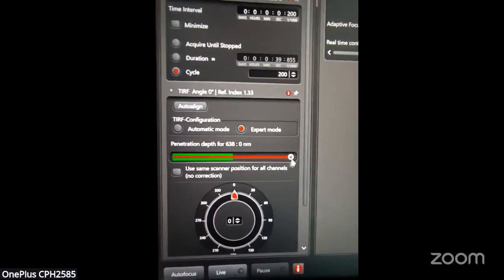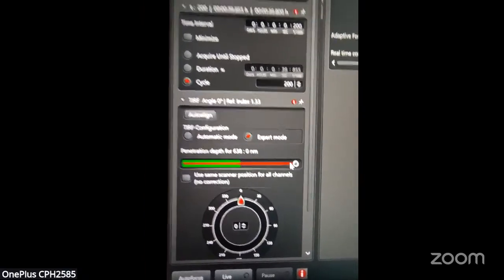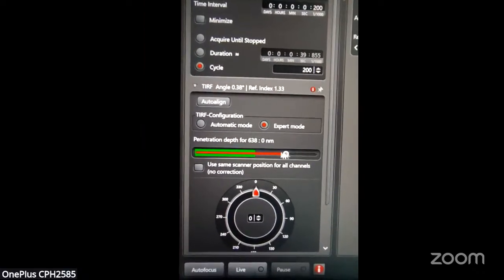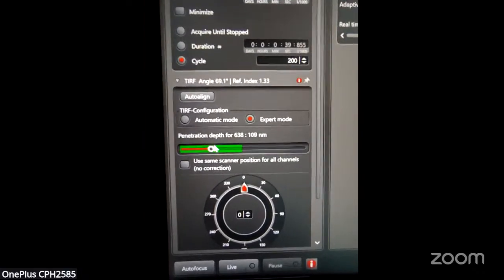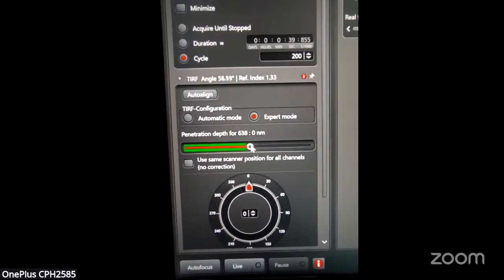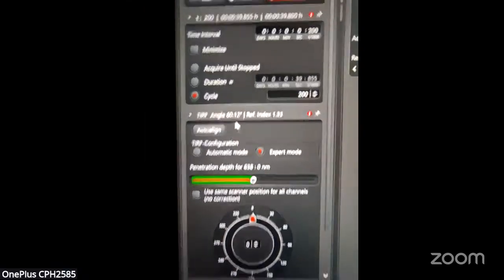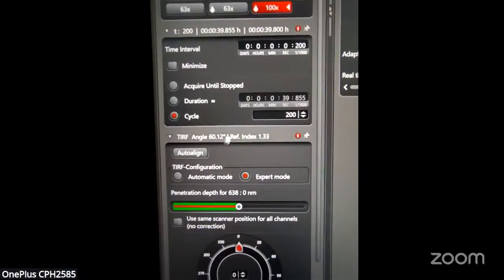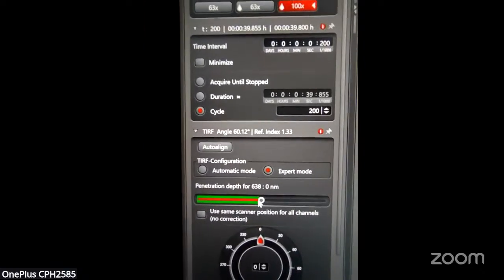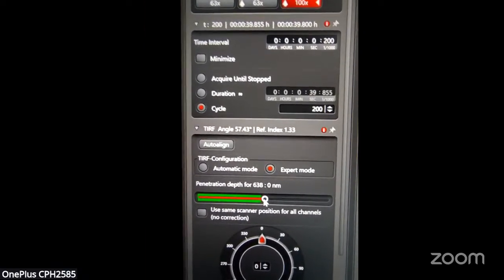So this is complete epifluorescence where the entire sample is getting illuminated. However, in the green zone, it's a TIRF. Now to set HILO illumination, we have to set in between this. Now you can see here, there is an angle. So basically this is the HILO angle. So I'll set this parameter just close to the HILO angle.